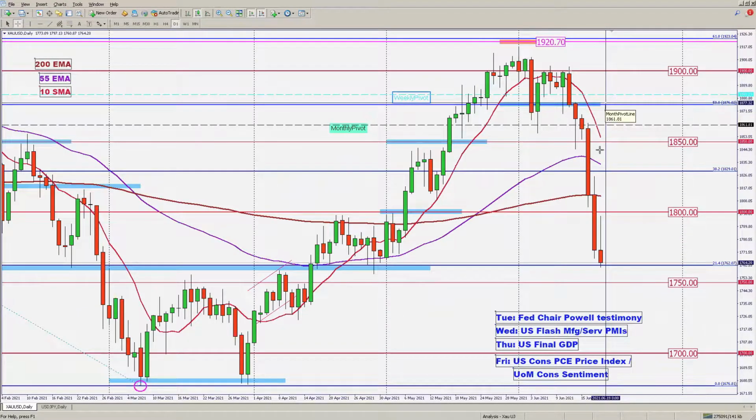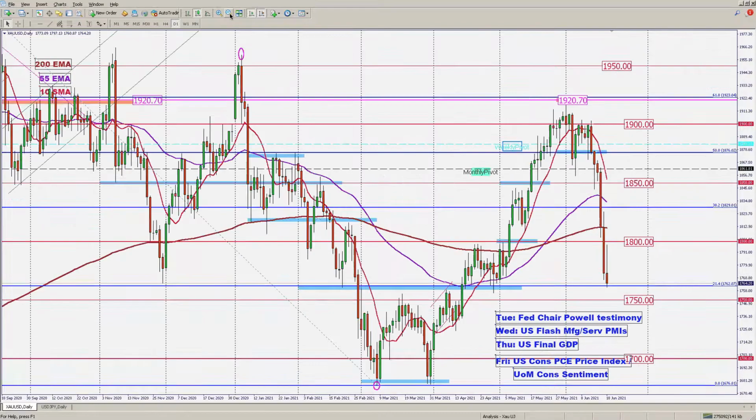for the week it has actually fallen over 1100 pips here, and fallen from the 50 retracement that I have here down to the 21.4 retracement. If we just take a look at the